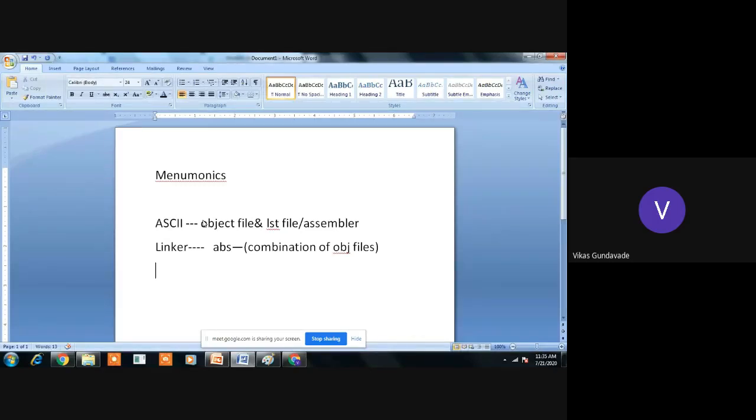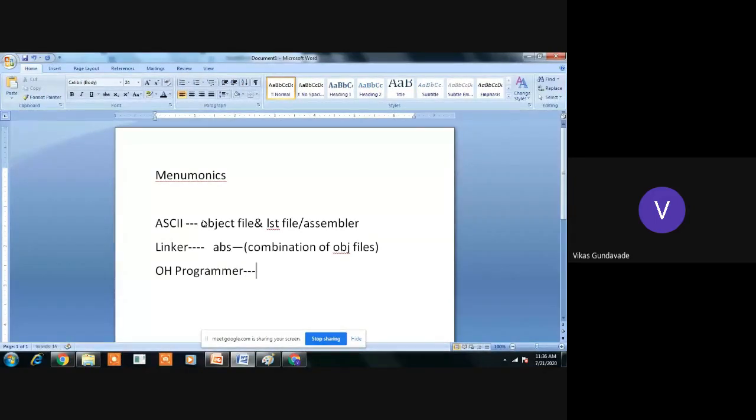The microcontroller needs to be provided with the instructions in the form of hex so that you can write that file into the microcontroller. So that absolute file is converted into the hex file by the OH program or OH programmer.